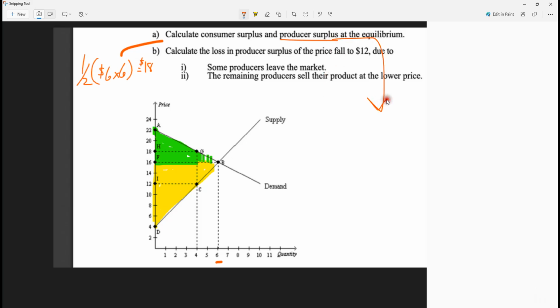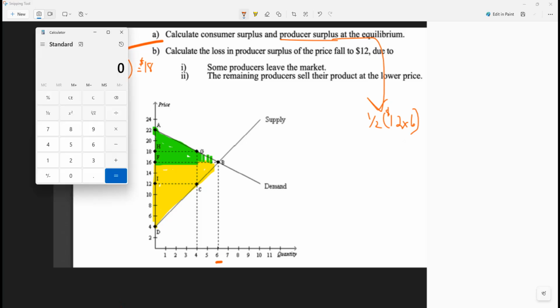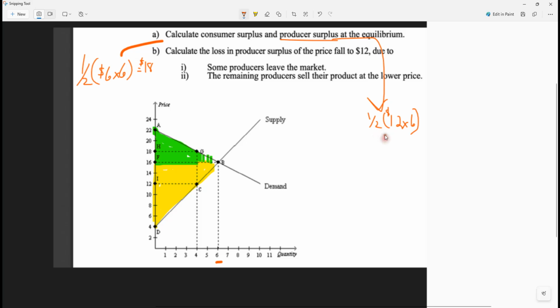So let's do that over here. That's going to be 1/2. The difference between 16 and 4 would be $12. And then we'll multiply that by the 6 units. And here's where I need help from the calculator. We'll say 6 times 12, 72. And then half of that is 36. So $36